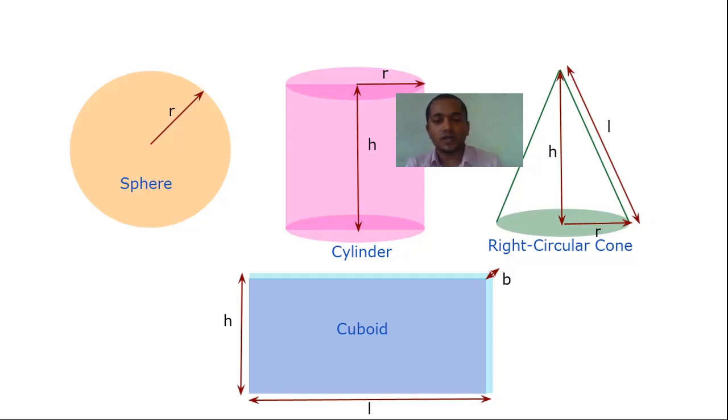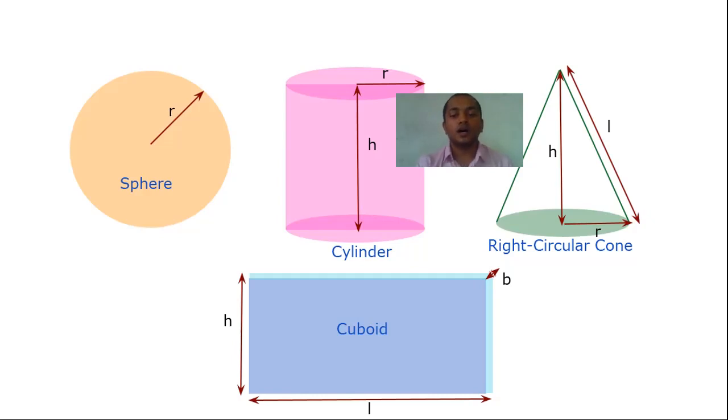But in the case of a closed can, if you have a closed can, then the material, the plastic or whatever metal is used, is spread throughout the curved surface as well as the top and the bottom part. Are you able to visualize it? Okay, very good. This is very important. Visualizing is the crux of this whole chapter. So you have to just remember the formula and visualize what kind of structure this shape is resembling.